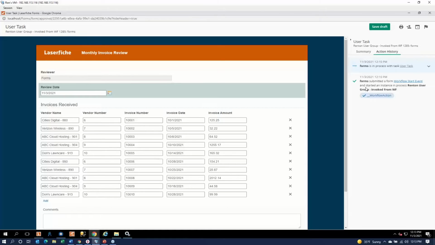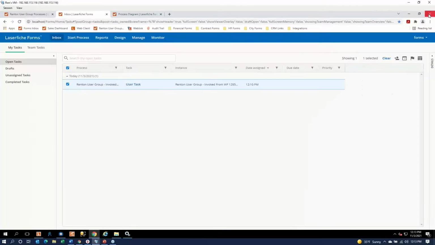Can you back up for just a second? This window right here that we're looking at isn't familiar to me, and I'm a user of forms, so I'm guessing it might not be familiar to others. So can you back up and show us how you got to this window here? This screen? Yeah, this is just simply an assigned task. So when our workflow ran, it started a brand new process that passed that invoice data over to forms, and then in my process diagram,